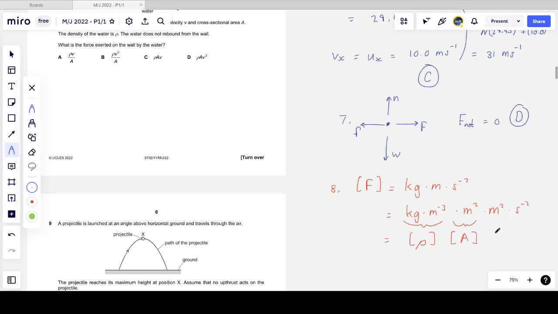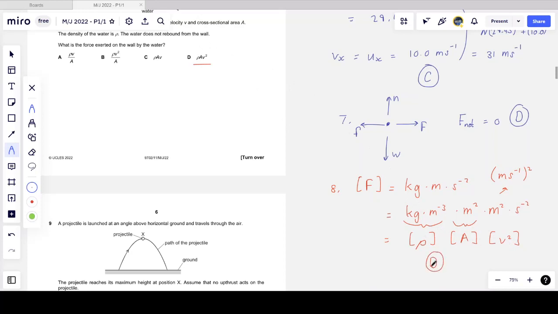And what I'm left with is meter squared per second squared, which I could write as a meter per second all squared. And that's the unit of measurement of velocity squared. So that's rho times a times v squared, which is indeed one of our options,